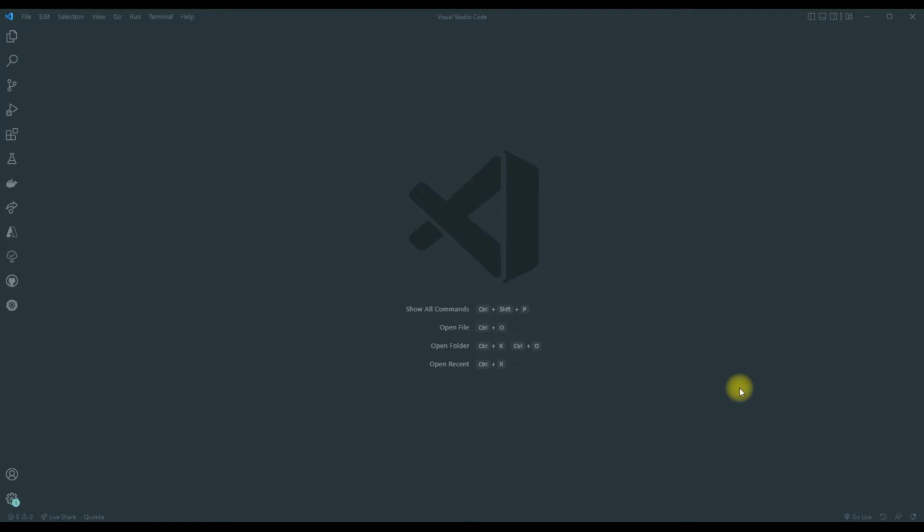Now the next thing that we need to do is go to all of the commands that we can run inside Visual Studio Code. There are a couple of ways to go there. First of all, I always use a shortcut, and for me that's Ctrl-Shift-B. As you see here on the screen, it says show all commands, Ctrl-Shift-B. So when I click on this,